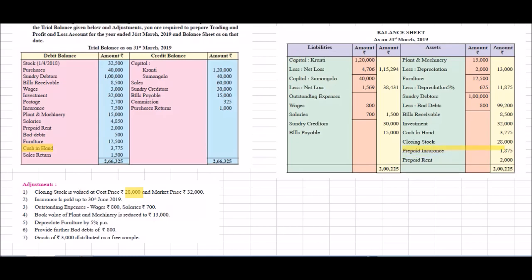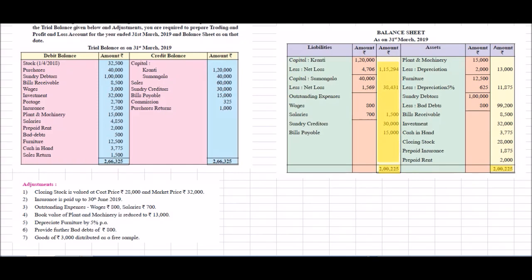It is 1,875 rupees. We need to calculate for the 3 months. And prepaid rent. Prepaid rent is 2,000 rupees. So both sides we need to calculate. If the total amount of both sides comes equal, then we need to add these amounts. So 1,15,294 plus